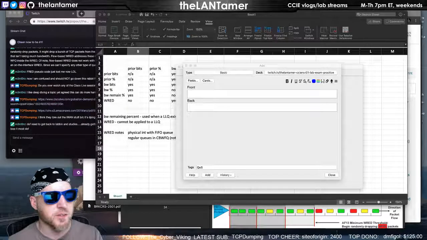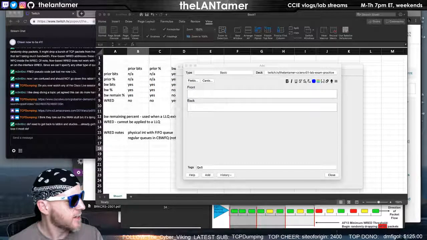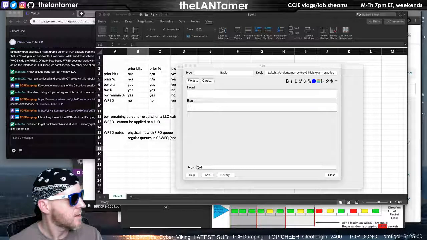Yeah, I guess weighted fair queuing is what's throwing me off more than anything else. And he doesn't really have a lesson on weighted fair queuing. It's a really good chart in here, though.